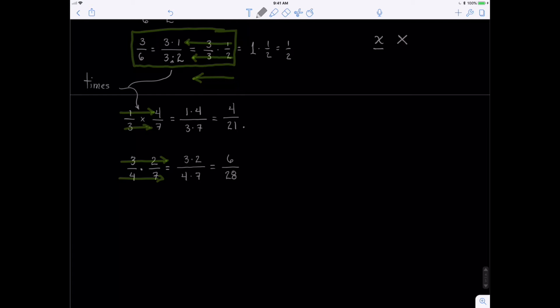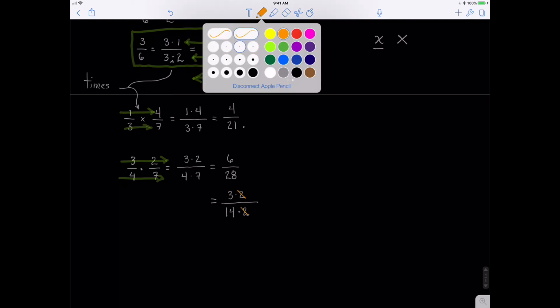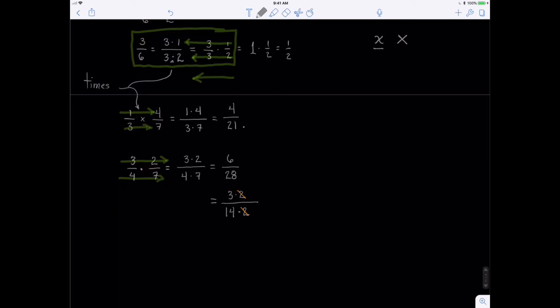Now, wait a minute. Both 6 and 28 are even. So I can clean this up a little. I'm going to bring this down because 6 is the same as a 3 times a 2. And 28, well, that's a 14 times a 2. Oh, but look, those are common 2's. And so we can just cancel those because they just are 1, and multiplying by 1 doesn't change the value, just the appearance. And so we'd say that 3/4 times 2/7 is the same as